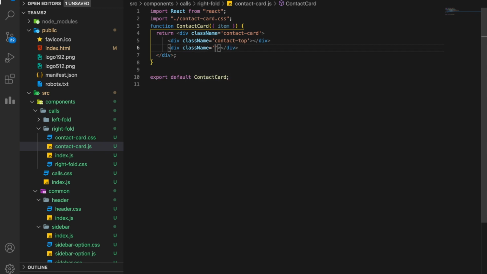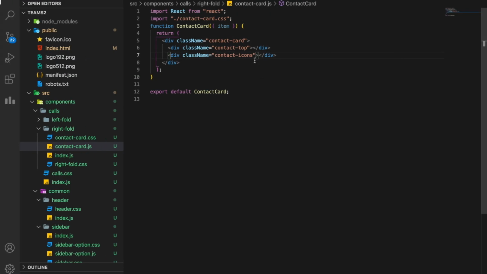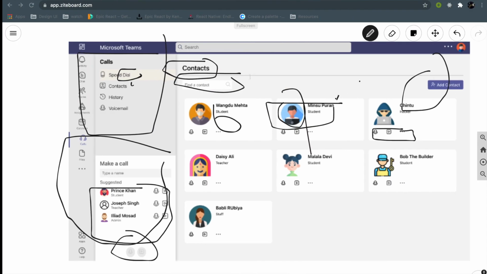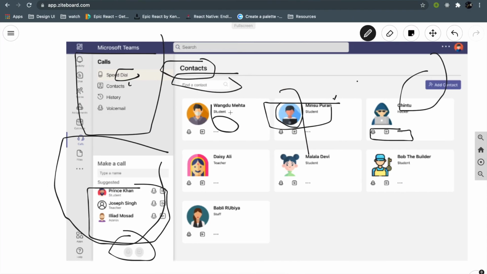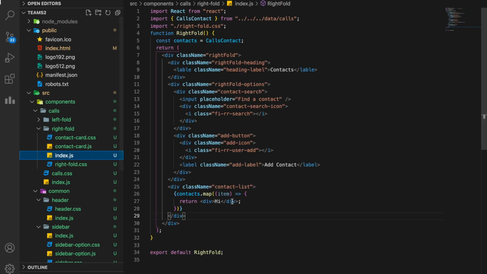So class name it is contact icons. Perfect. Now here as you can see, we have this avatar, we have a title, we have a subtitle, we have three icons.